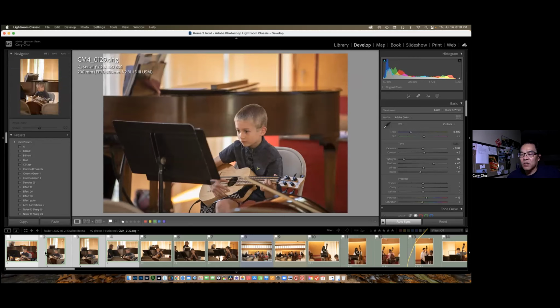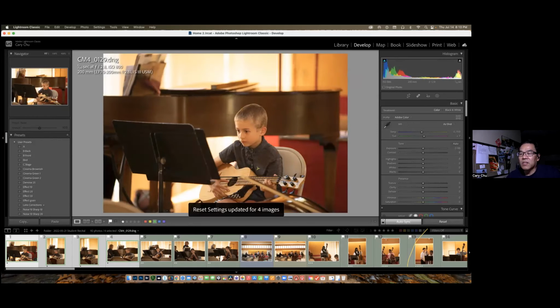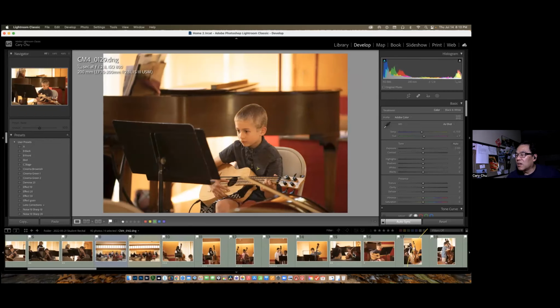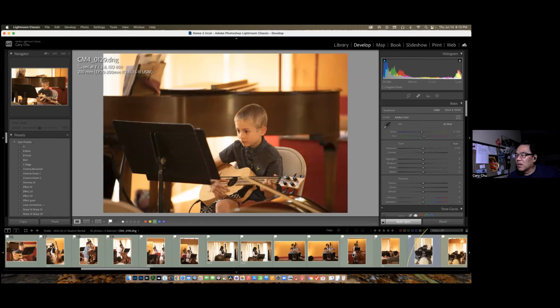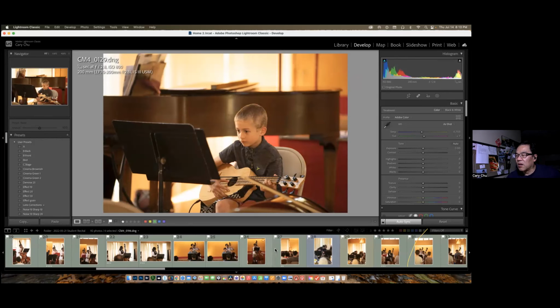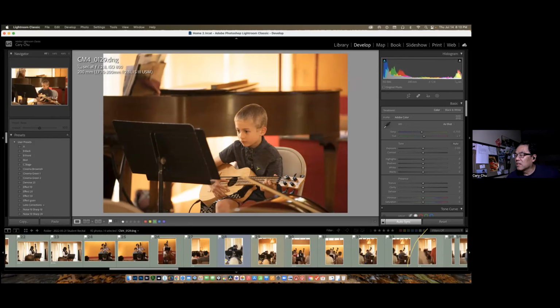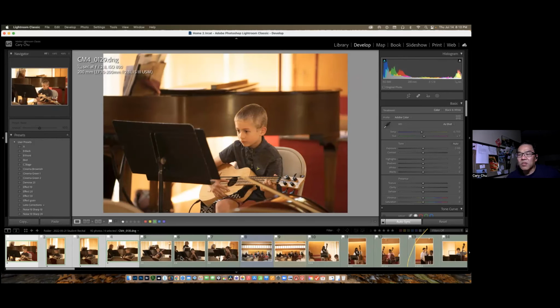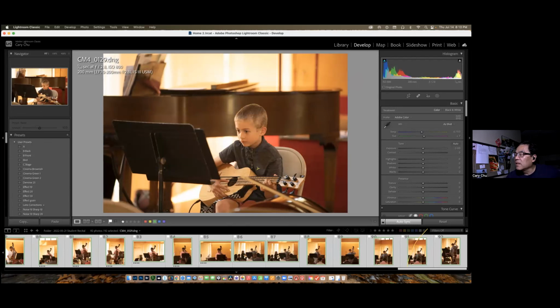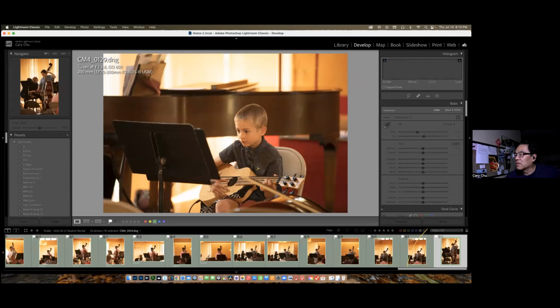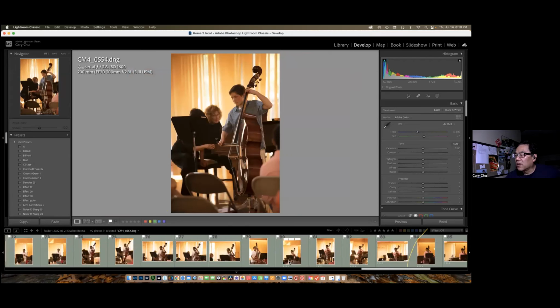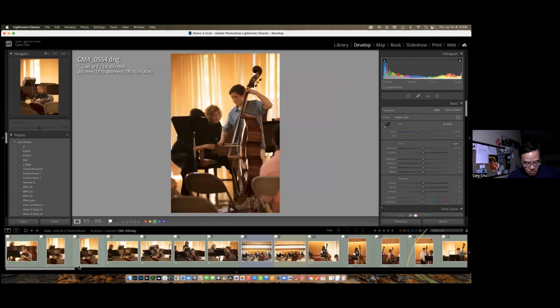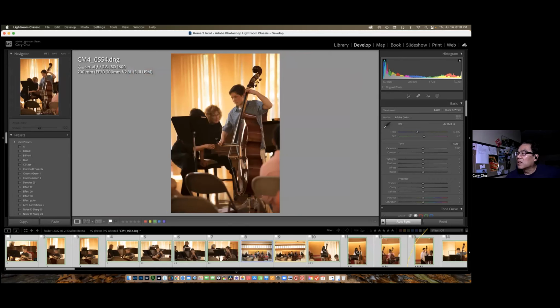Of course, you are pretty much in the sequence. If right now I reset it, I'll reset everything. You see that the majority of these photos are all yellowish, right? You can see that. I can do that. How many photos do I have? I have 92 photos. See that? They're all untouched. If I select all 92 photos and change the